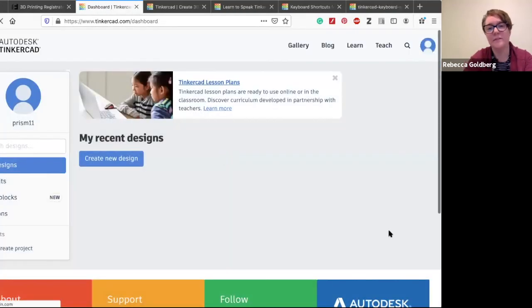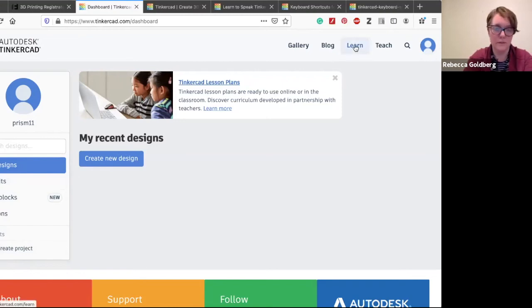And this is what you'll see. This is our dashboard. And on the left-hand side, we see 3D designs, some other more advanced options that you can explore on your own, but we're not really going to cover right now. Lessons, and an option to create a project. I could go in and create a project, and I will, but first I'm going to show you some lessons,